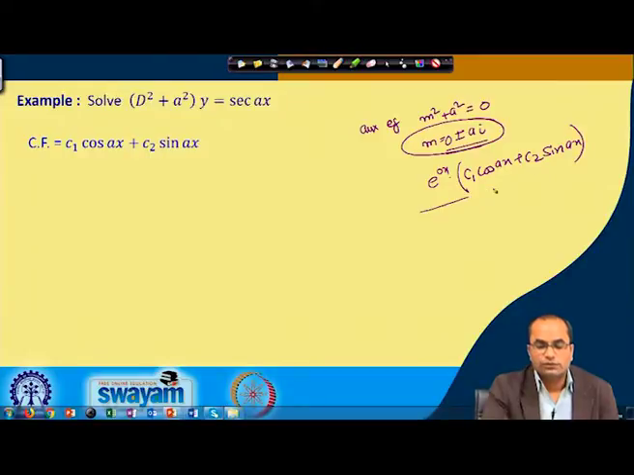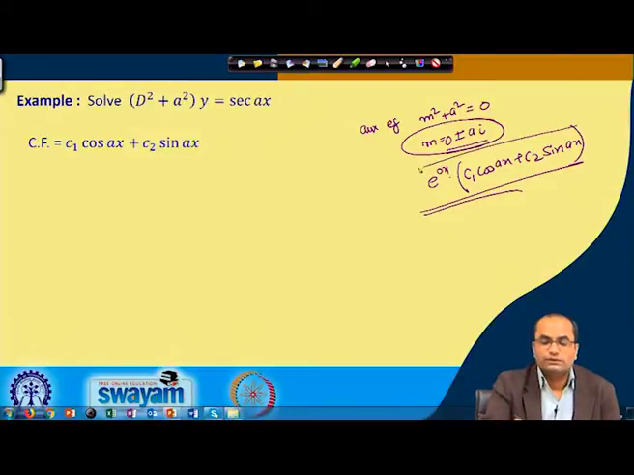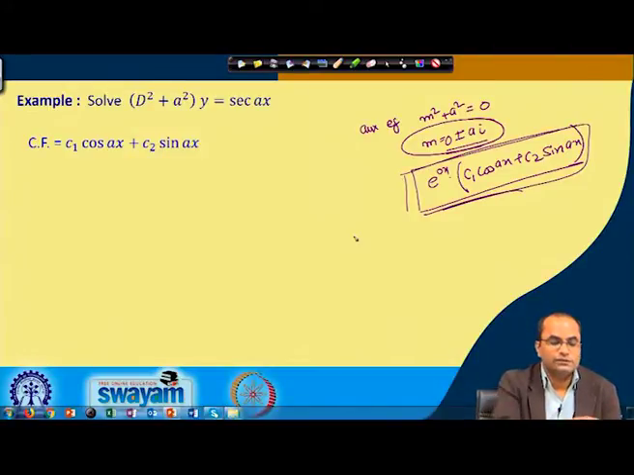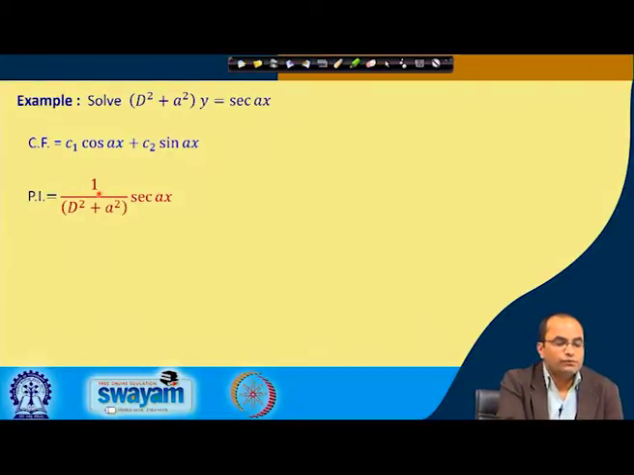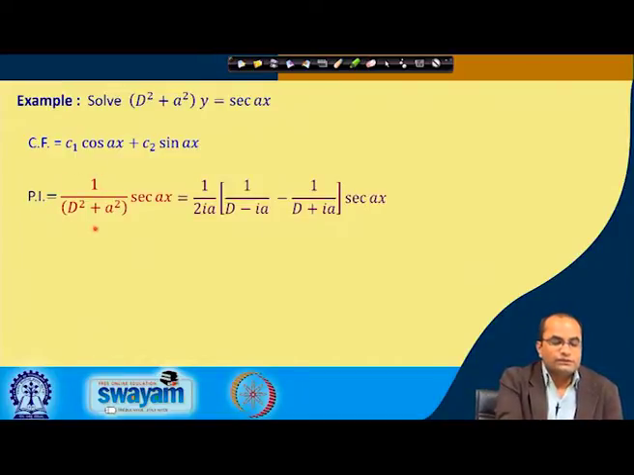That is the solution of the homogeneous equation when the right hand side is set to 0, or rather, the complementary function: c 1 cos a x plus c 2 sin a x. To find the general solution, we need the complementary function and a particular solution. To find the particular solution, we will apply the idea discussed in the previous slide. So, we have the inverse operator 1 over d square plus a square operated on sec a x. What we can do here is write d square plus a square as d minus